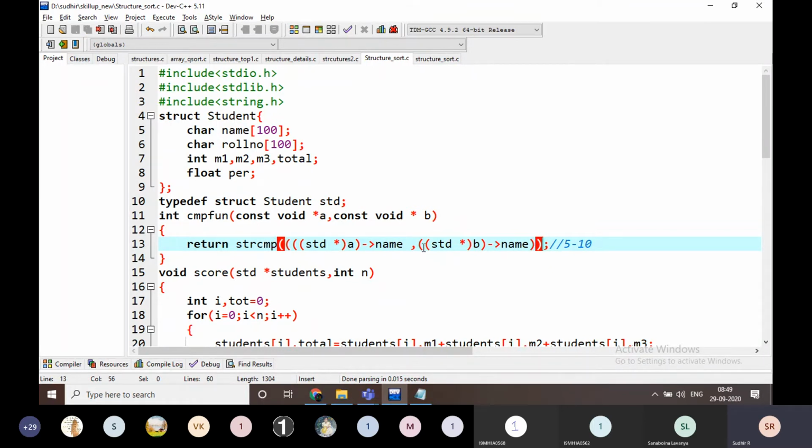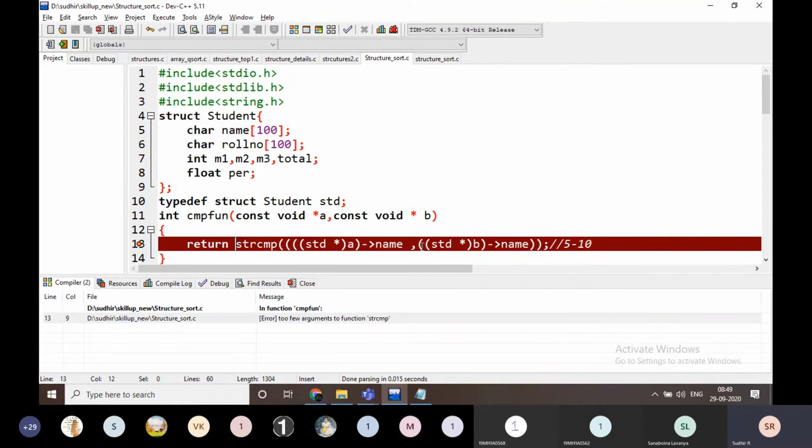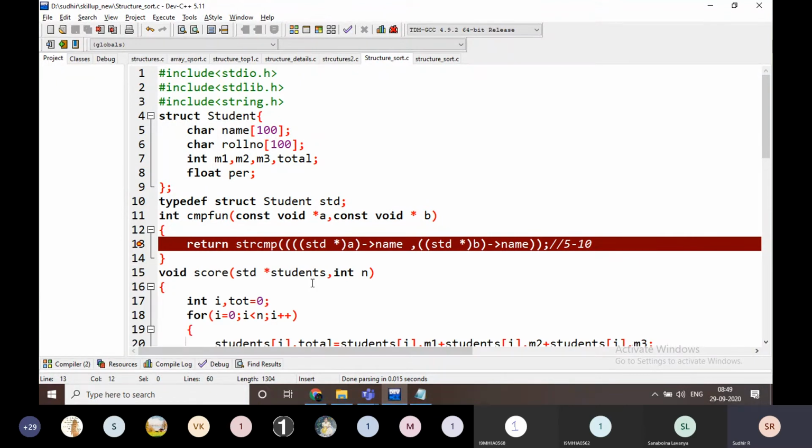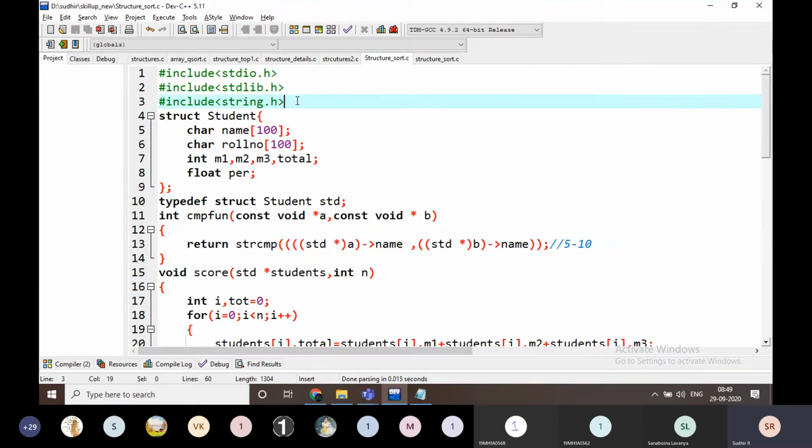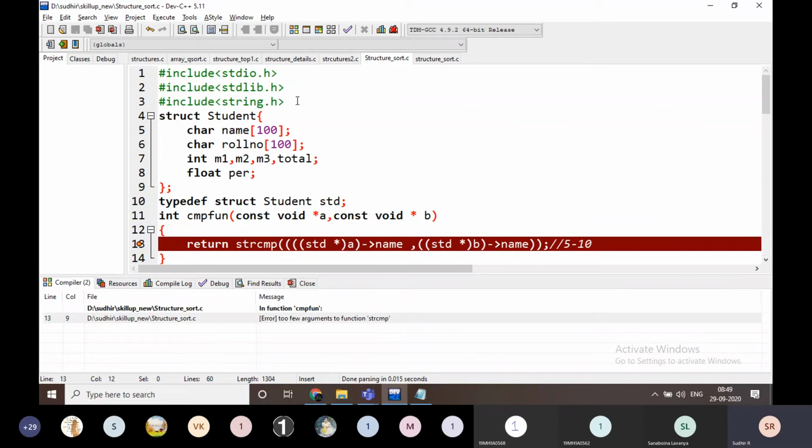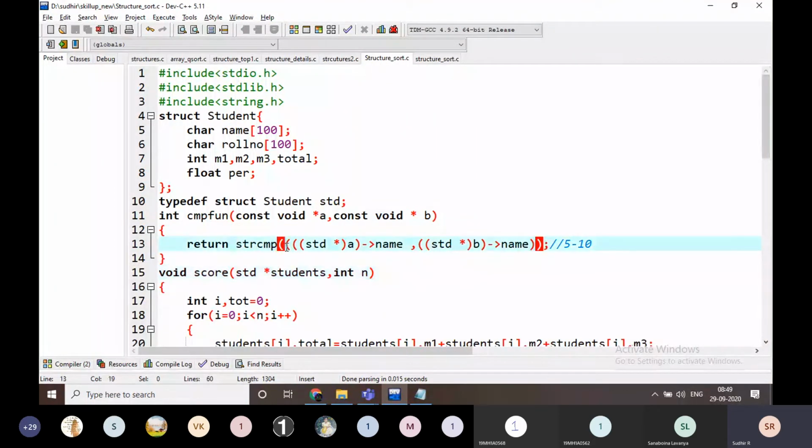I am going to put a bracket here. That's it, nothing else. What is it? strcmp, string comparison, string.h, right? Too few arguments. Okay, this is open bracket.